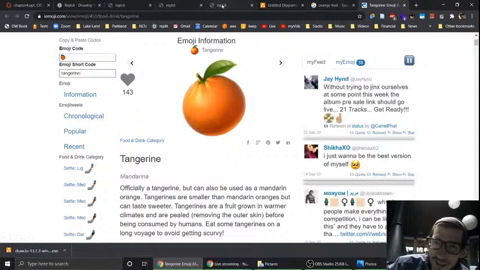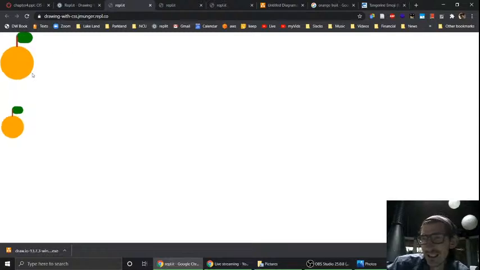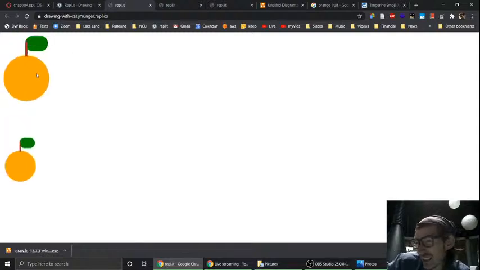If I showed you this without any context, you might say, I don't know, is that a golden delicious apple? Is it a peach? It's good for logos and things because there's usually context related to that. But